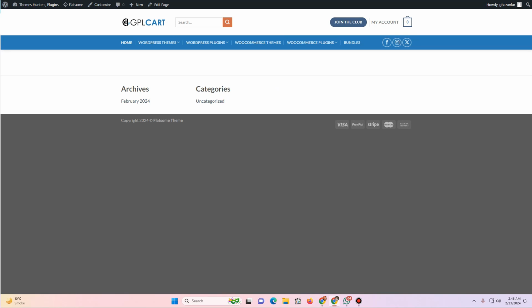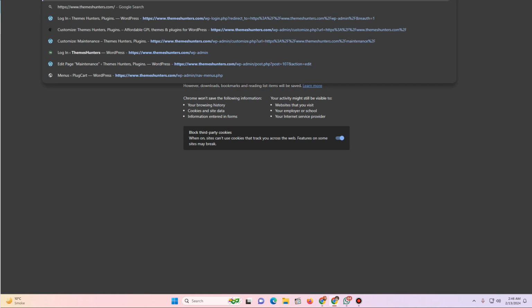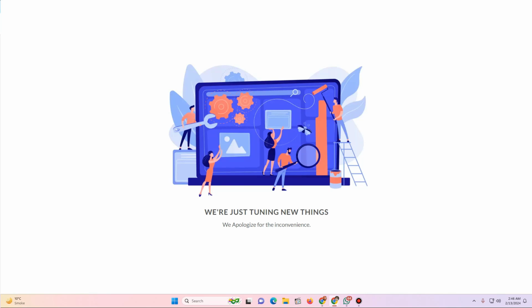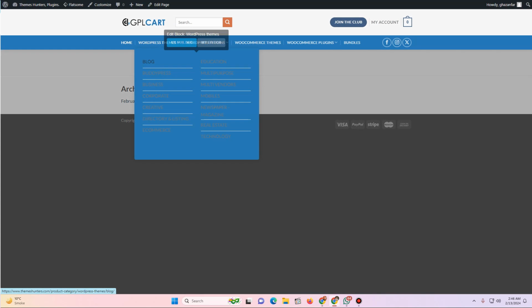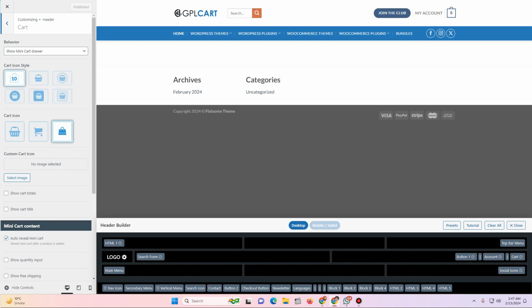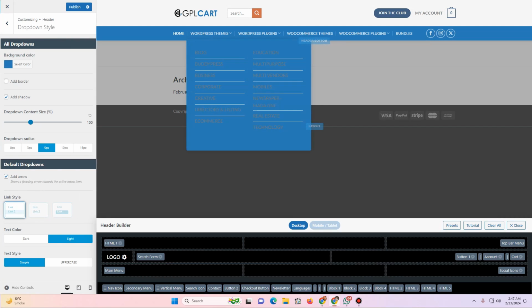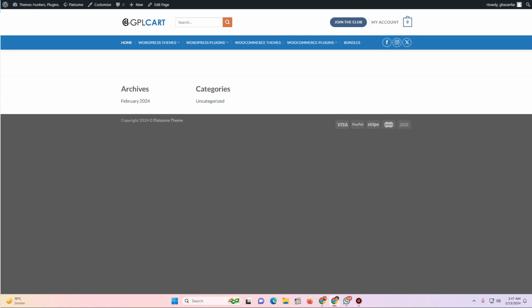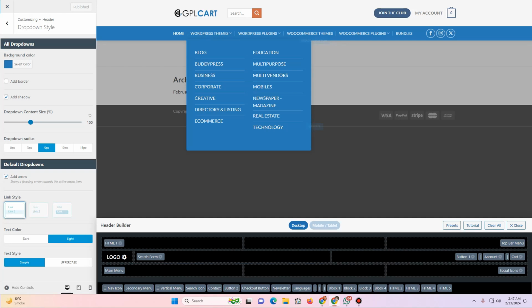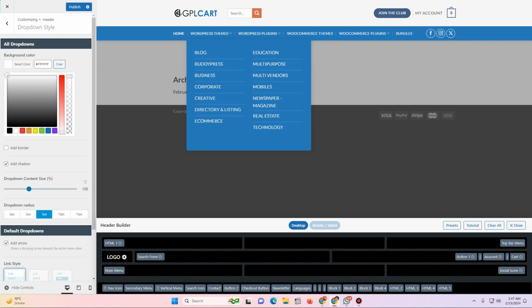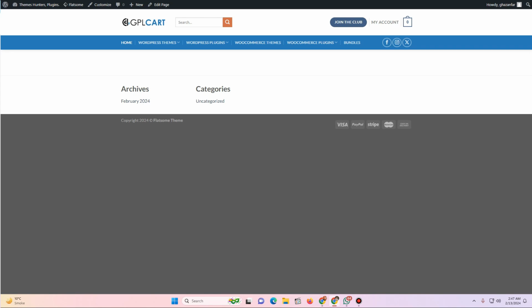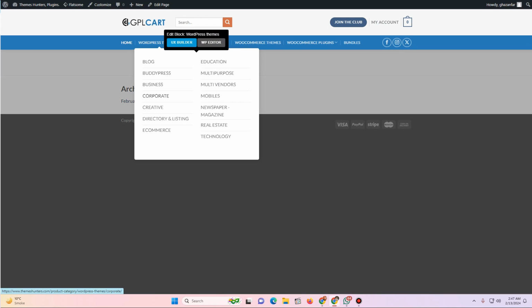So let's just look at this in an incognito window. Oh, I have this maintenance mode on. Anyways, this is looking something like this, and here you can see this is not looking good. So for that, what we'll have to do is go back, and under the drop down style, we actually want to use this light style, and then I'll hit publish. And now if I go back and refresh, you can see this is not looking good. So let's just change the background color to white again, and let's hit publish and let's refresh. Now it is looking good,